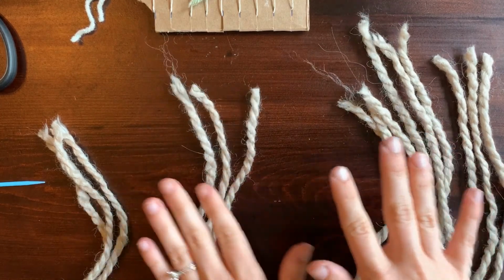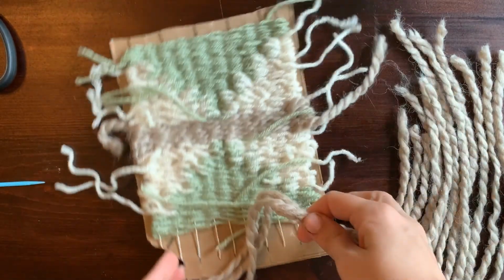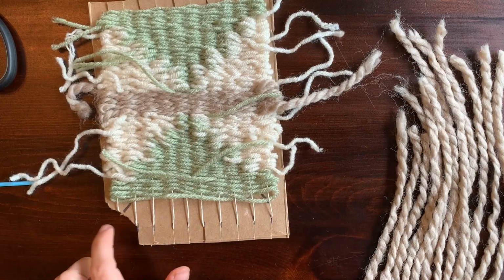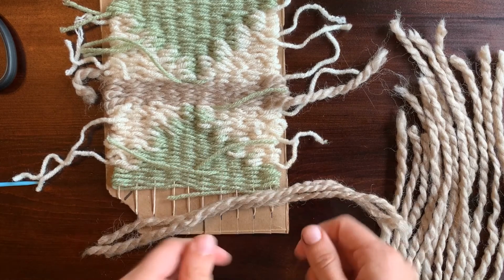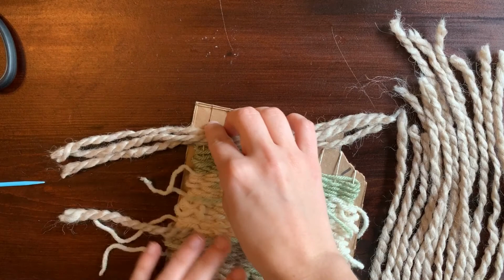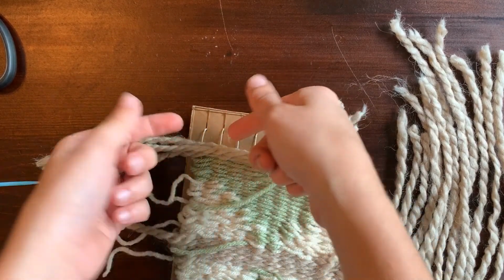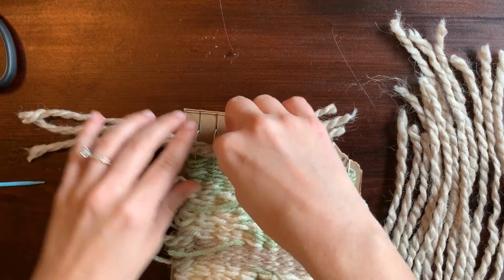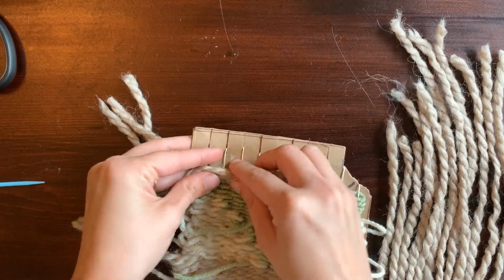I'll slide these to the side so I have some room. Okay, so I'm going to take my 3. And how this is going to work is you're going to be putting it over, I'll start on this side since that has a bite out of it. You're going to be putting them across and through. So you lay them across, I'm going to turn this way. You're going to lay it across these 2 strands, and then they're going to be coming around the 2 and through the middle. So it's tricky here at the end when space is getting a little tight,